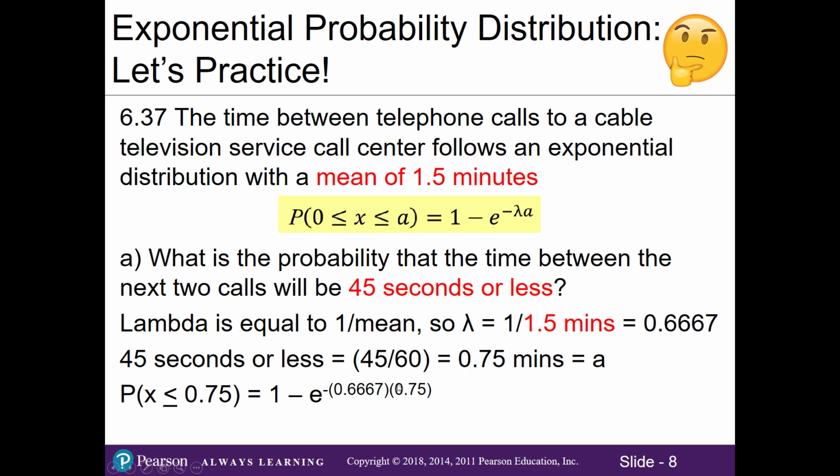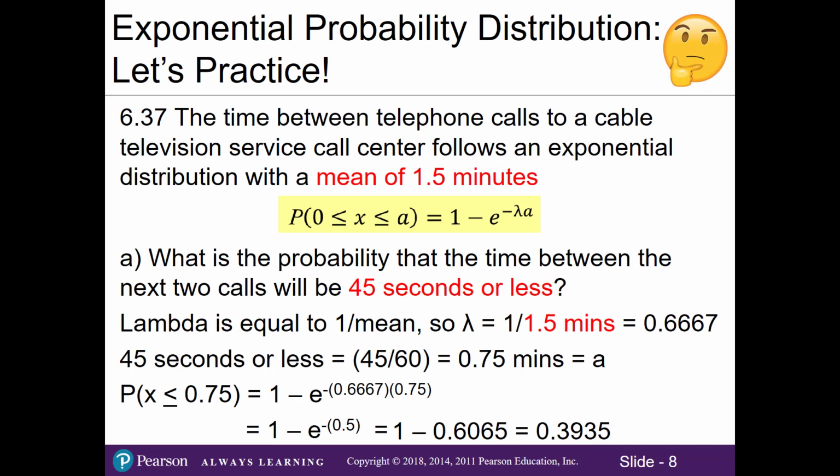So what I like to do in my calculator is solve the exponents first to make sure I enter it in correctly. And so that's the same as saying 1 minus e to the negative 0.5 when I multiply lambda and A. I don't want to forget that negative either. So see right there in the formula. And then using my calculator, when I take e to the negative 0.5, I get 0.6065. Then I'll subtract that from 1. And so the probability that the time between the next two calls will be 45 seconds or less is 0.3935